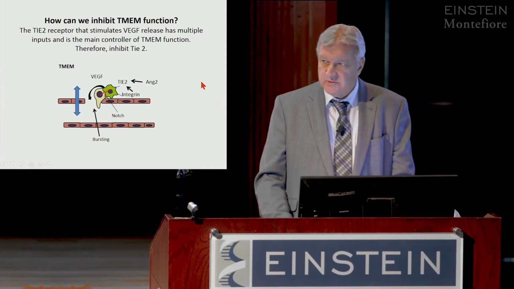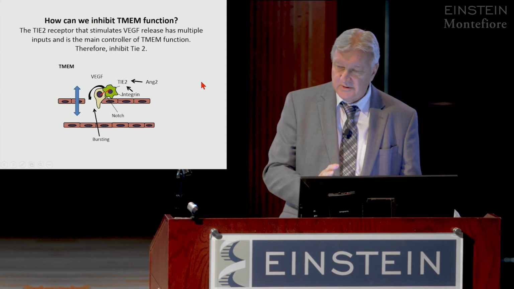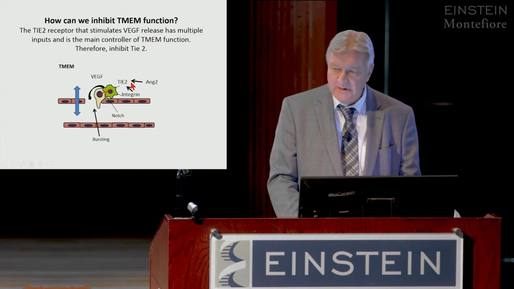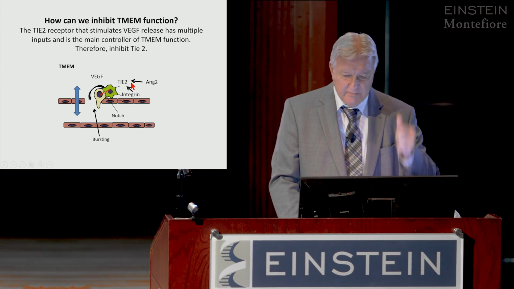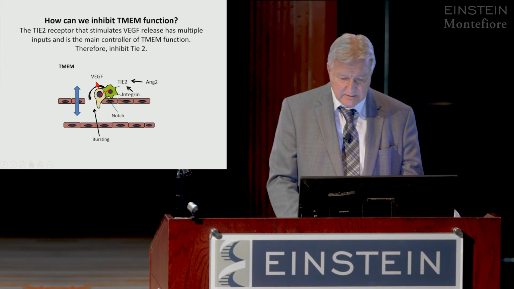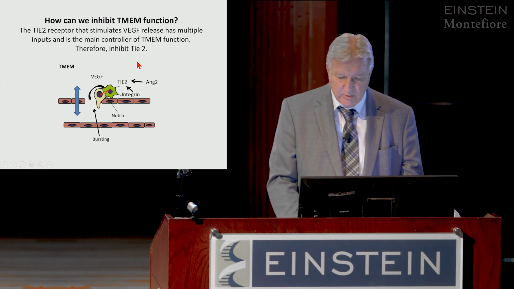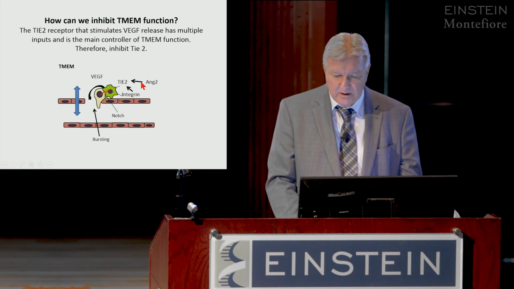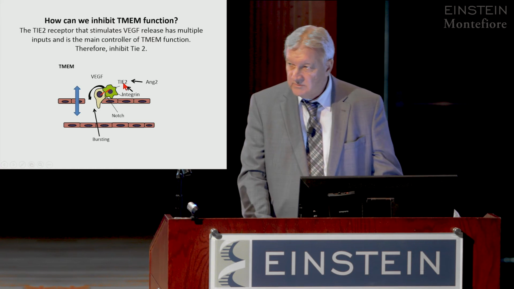So where are we going to get such drugs? Okay, so how do we inhibit TMEM? Well, when you look at how TMEM works, you get an immediate light bulb going off. This receptor tyrosine kinase regulates the secretion of VEGF by this macrophage in TMEM. It has many, many inputs, only 2 of which are shown here. So you can't go and inhibit each input, but what you can do is you can inhibit the switch, the